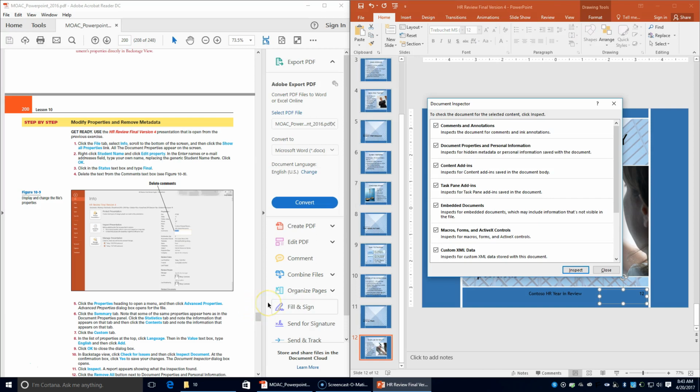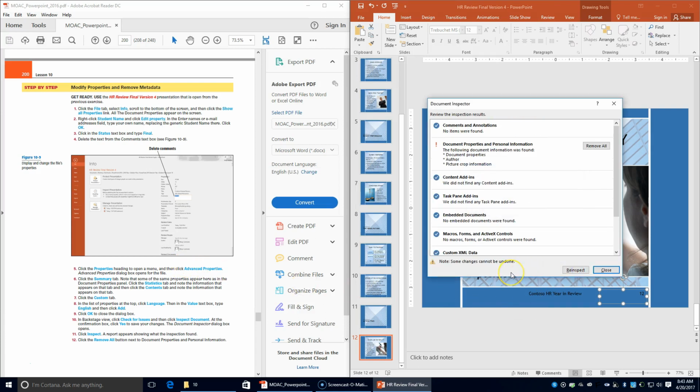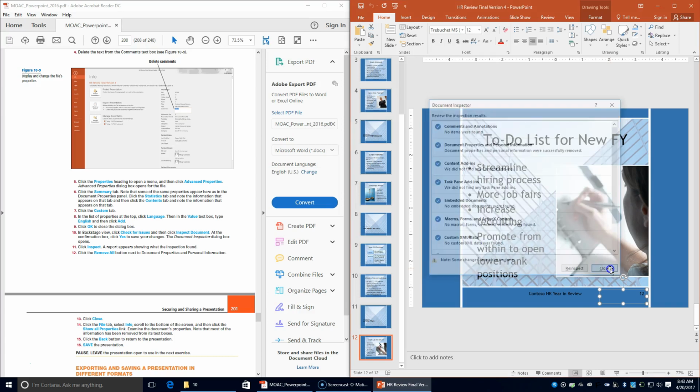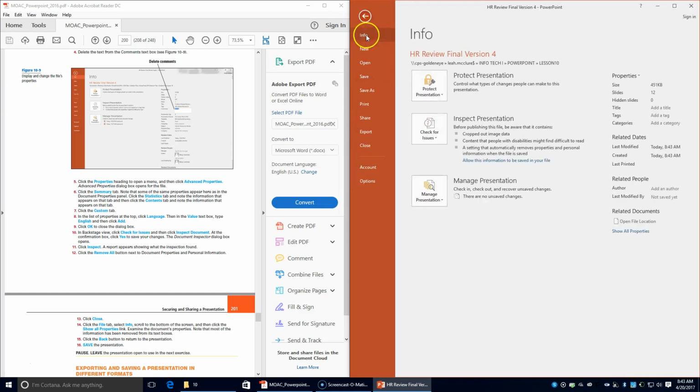The Document Inspector opens. It says click Inspect, and then a report appears showing what inspection found. It tells us to click the Remove All next to Document Properties and Personal Information, and then close the file, or the dialog box. Click the File tab, click Info, and scroll to the bottom of the screen, and then